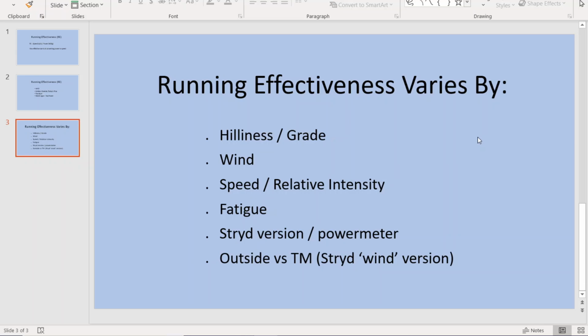And so consequently, running effectiveness is going to be lower outside than on the treadmill at similar effort, similar speed. So running effectiveness varies. You've got to understand that it's not a static thing, and yours is going to be different than the next guy's or the next lady's. So understand that, read the article, but let's go back and look at another case